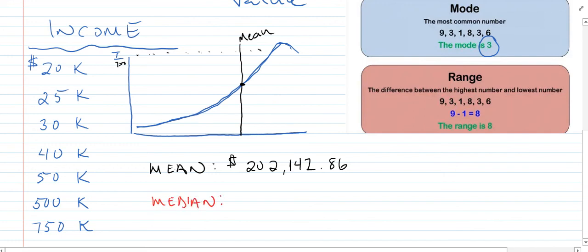If we look at our median, which is just the middle number, you'll notice we've got 1, 2, 3, 4, 5, 6, 7. So 1, 2, 3. We know that our median salary is $40,000. And that would be somewhere right about here. We'll just say that. Let's say it's right here. So this is our median,